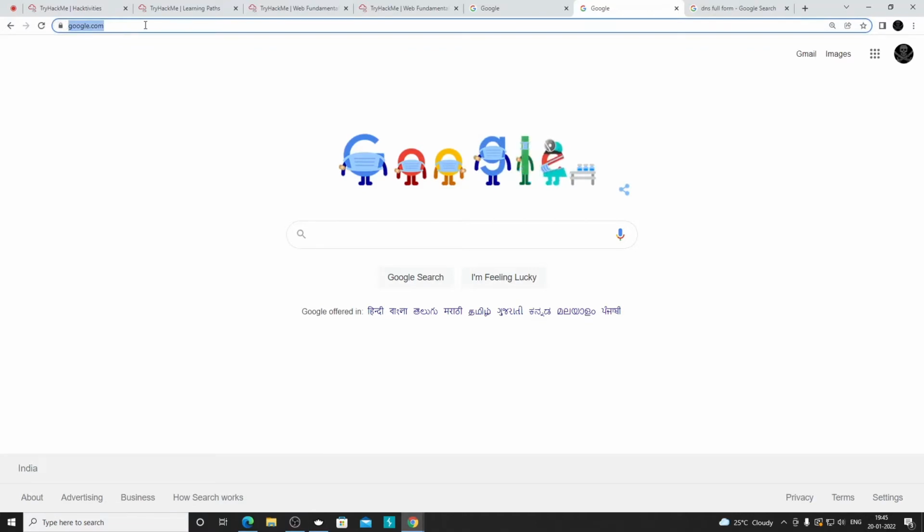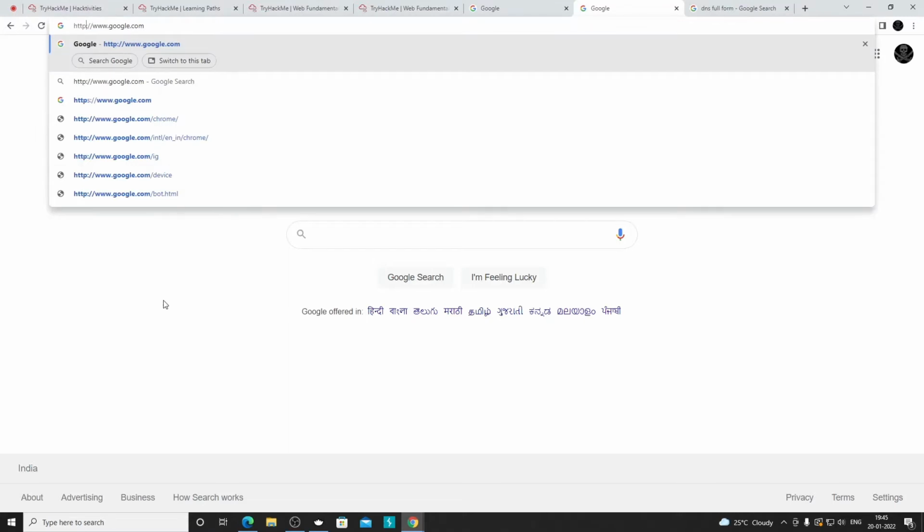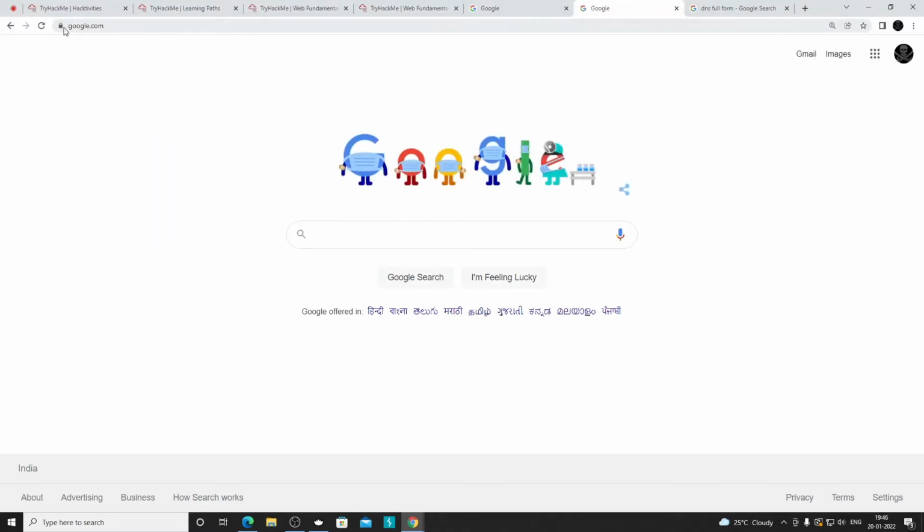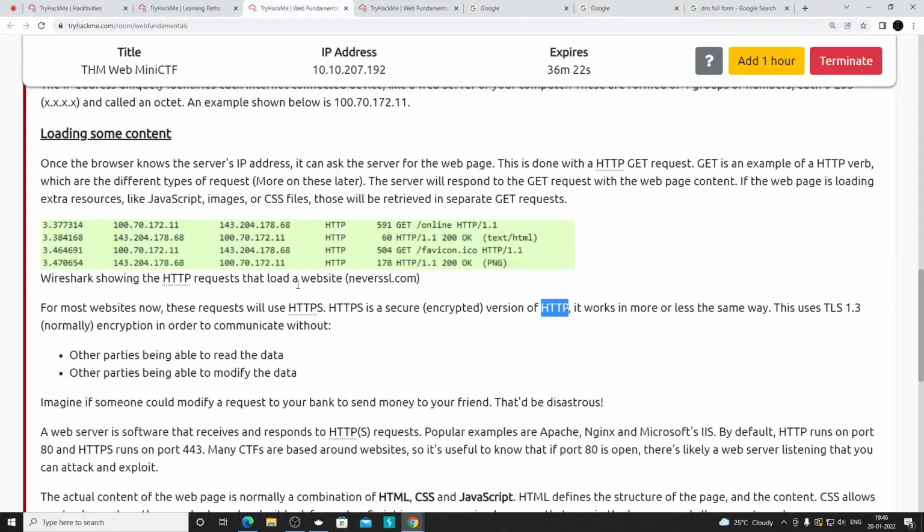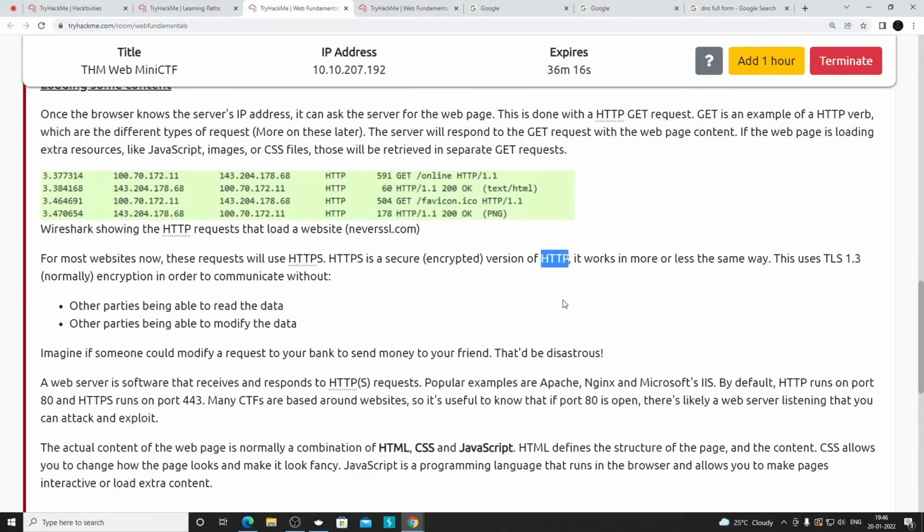Because if I press left button here, you can see we have loaded HTTPS, even though we asked it to load the HTTP. That's because this configuration can be done on website servers, that even if you are asking for the HTTP page, it should always load the HTTPS page. So that's how you can make your website secure, by just making a configuration change.